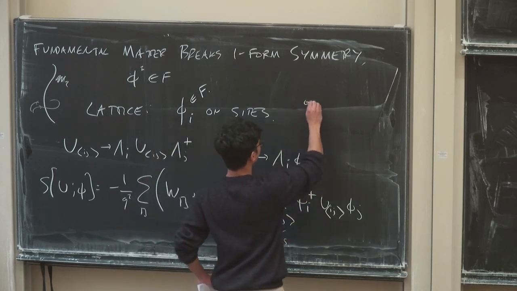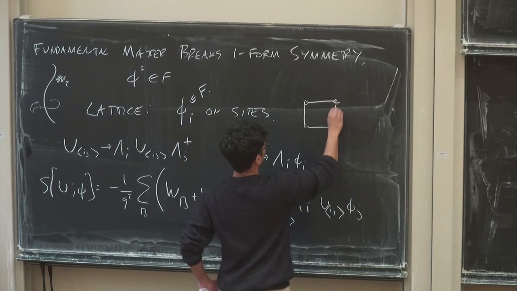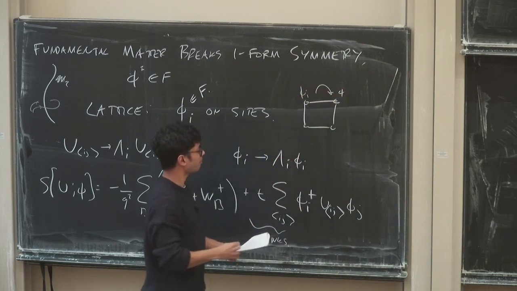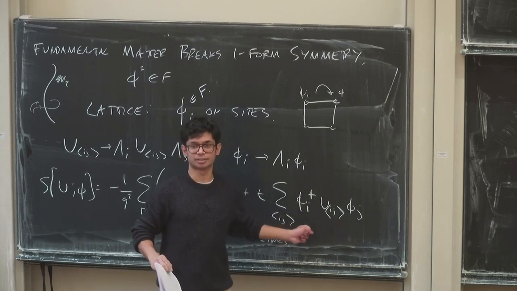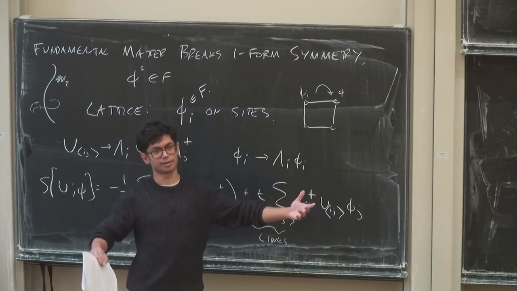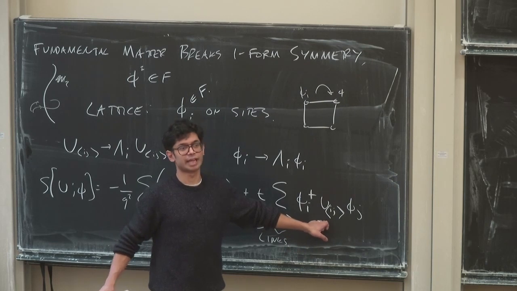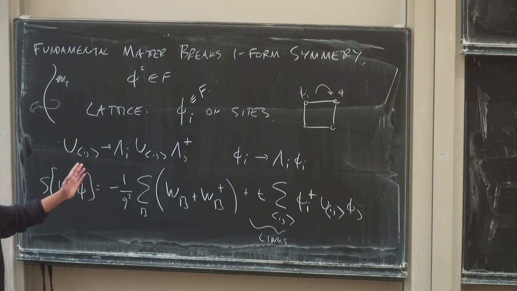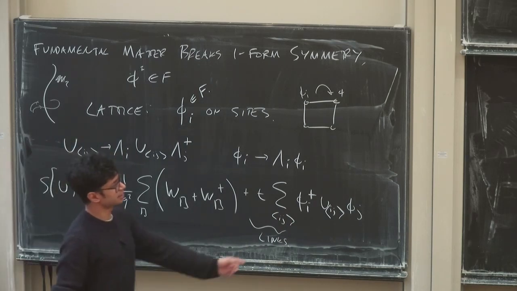And what this term does is, of course, it lets the phi I hop, right? It's a sort of hopping term between the sites on the lattice, but it hops in a way mediated by the gauge field. Okay? This is the lattice version of the gauge covariant derivative. All right? Okay. So now, again, what we should do is stare at this and ask, does this picture